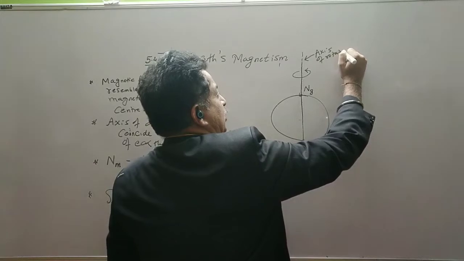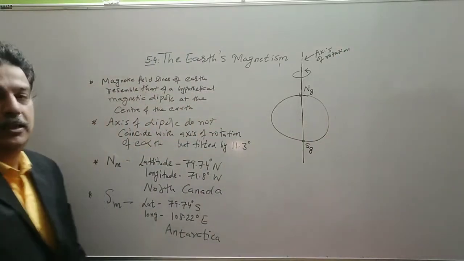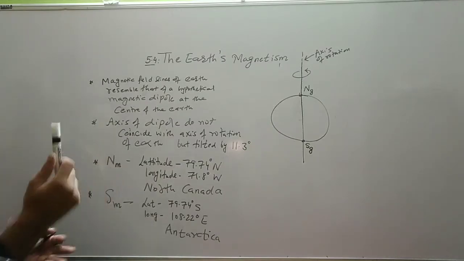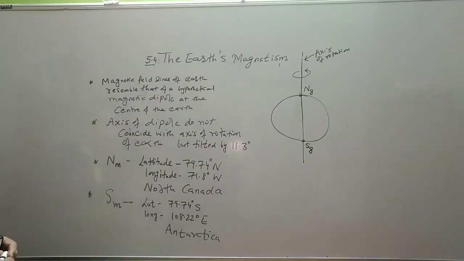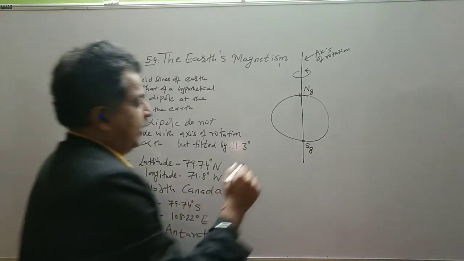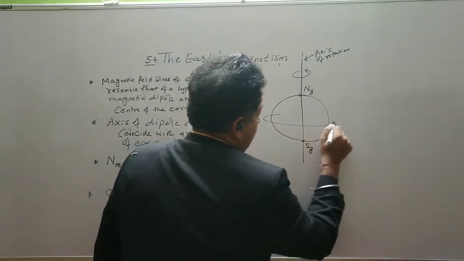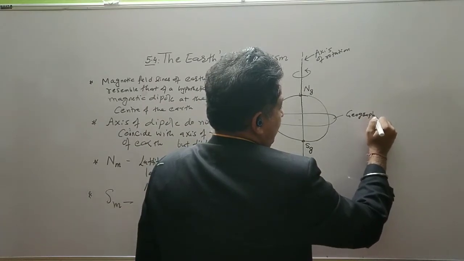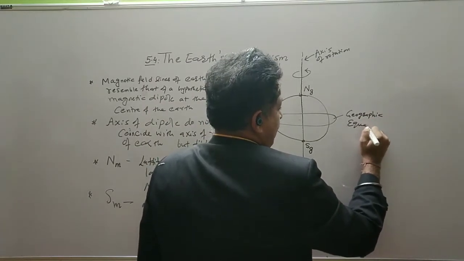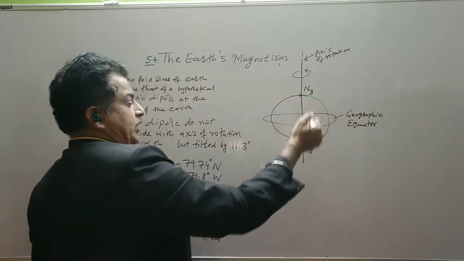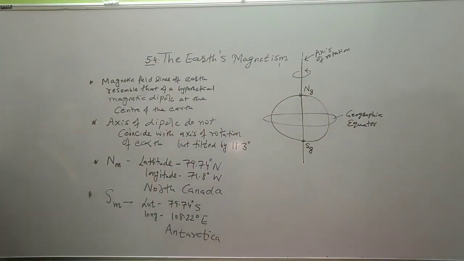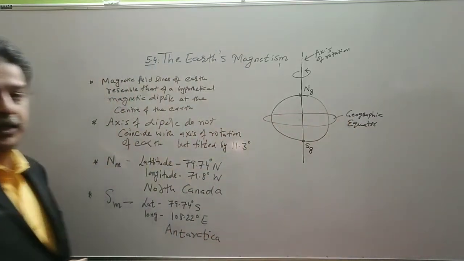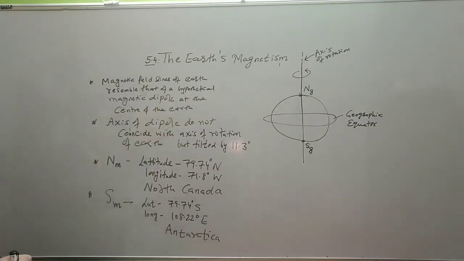So for the time being, we assume that inside, the nickel and iron are in molten form and they are also rotating, which gives rise to the magnetic field. Now we know this is the equator. So this is now called the geographic equator. According to geography, this is North Pole and this is South Pole, and the line passing through it is the equator, and we assume it is a geographic equator. So this is the Earth.